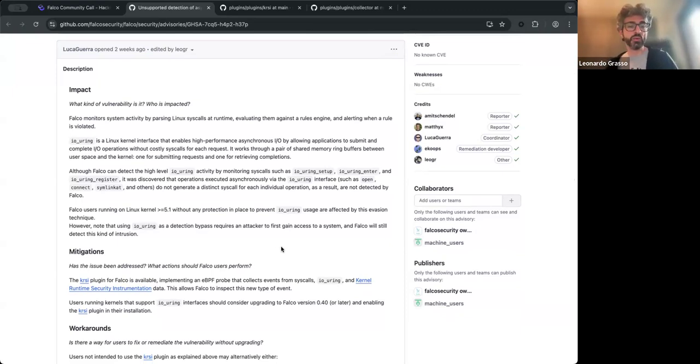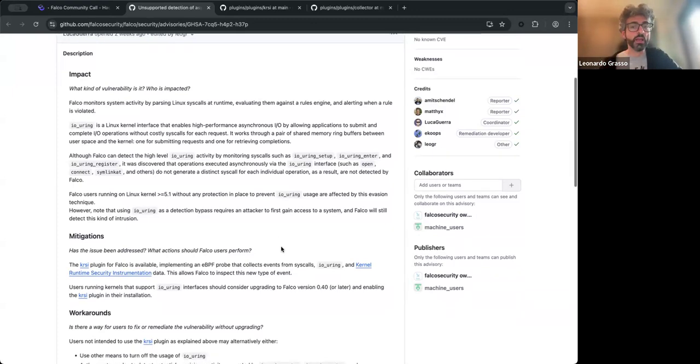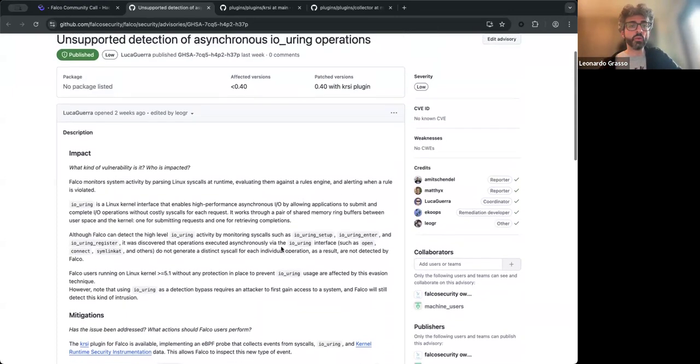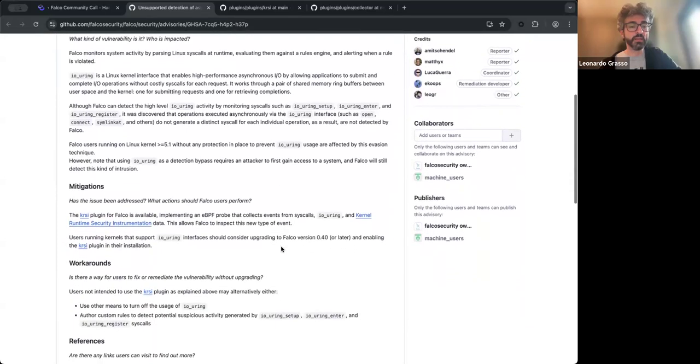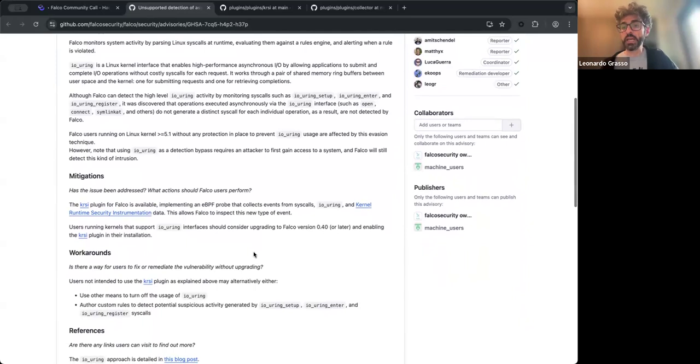However, we have to note that even if you are using io_uring, the attacker first requires gaining access to the system, and Falco will still detect this kind of intrusion. That said, we published a security advisory for that, and we also created a plugin that uses other kernel hooks to detect what is happening.